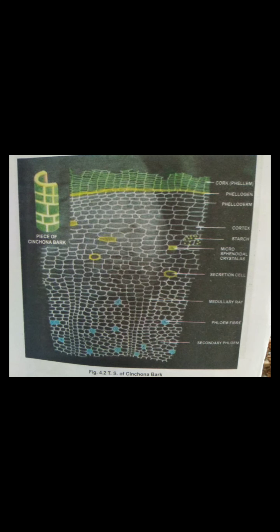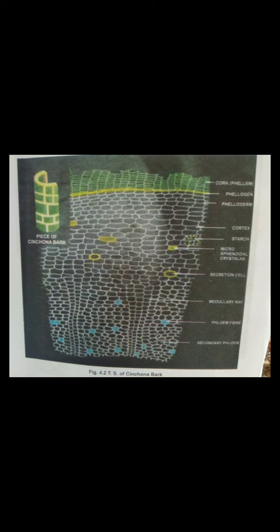Okay. First, periderm. In periderm: cork, phellogen, and phelloderm. Cork is several layers of thin-walled, flat, polygonal cells with reddish brown contents, impregnated with suberin. Then phellogen, 2 to 3 layers of thin-walled cells without any cellular contents. Then phelloderm, 6 to 8 layers of thin-walled rectangular cells without any cellular contents.